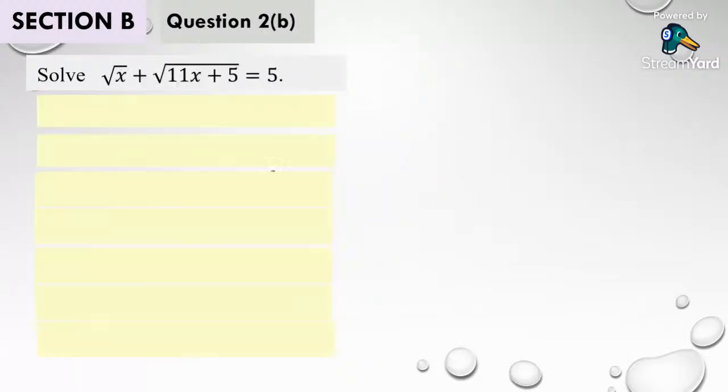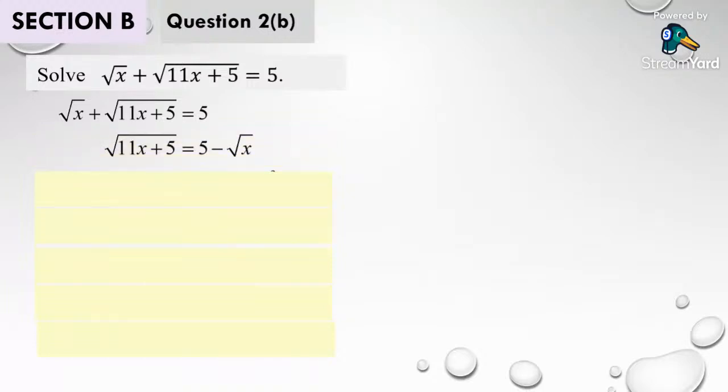Continue. The next one, the third equation. We have square root x plus square root of 11x plus 5 equals to 5. To solve this question, if you want to directly square both sides, no problem. But I will prefer to rearrange so that one of the square roots goes to the other side. And my choice here is that I would like to rearrange square root of x onto the other side,